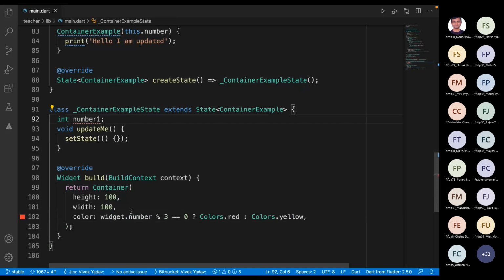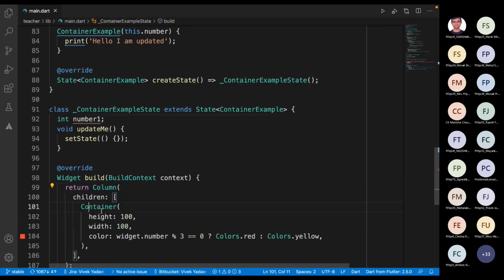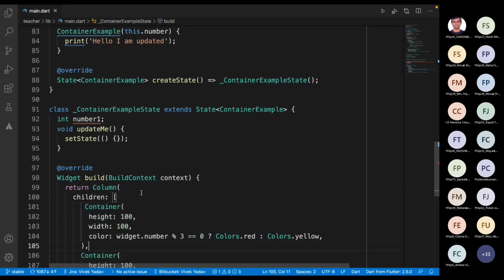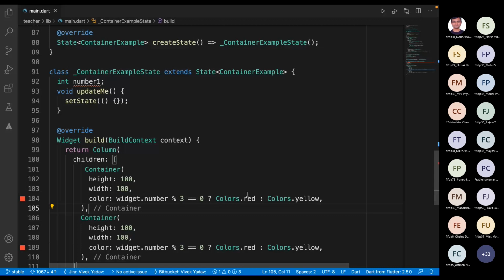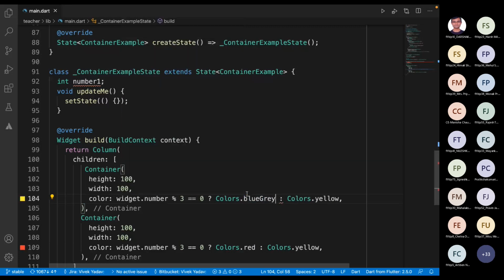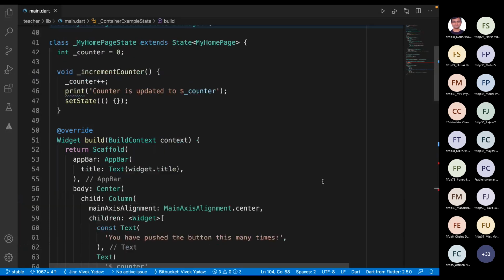So let's put this particular thing in a column. Okay, and we will have 2 containers. First container is with red and yellow, another should be with some other color, like blue gray and something like that.